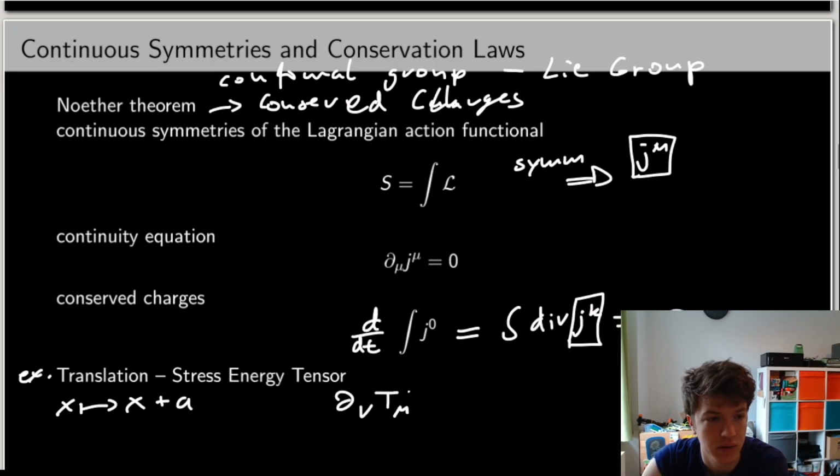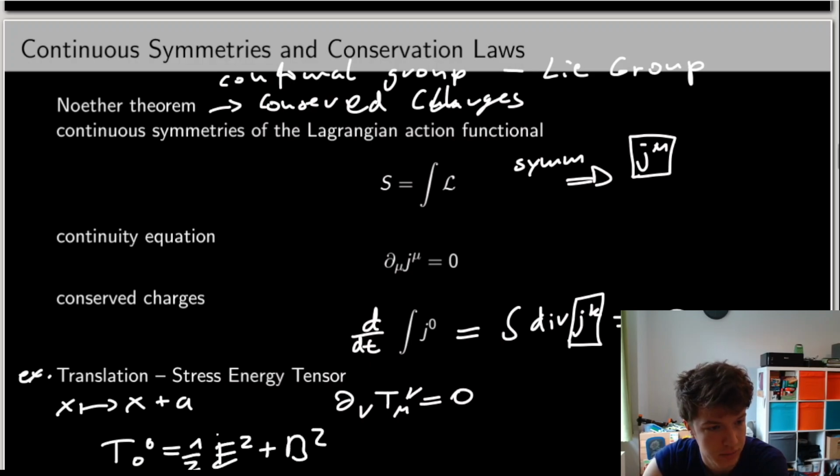We have 4 conserved currents in the stress energy tensor, and the parts that are the 0 components are T00, which is 1/2 (E squared plus B squared), the energy density,